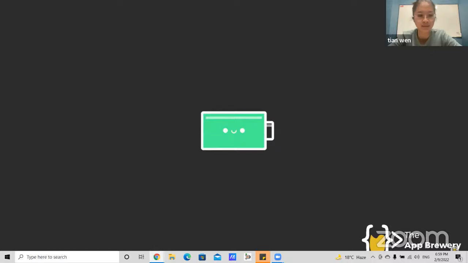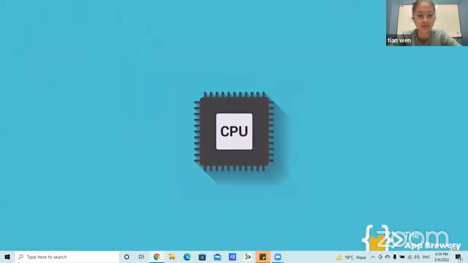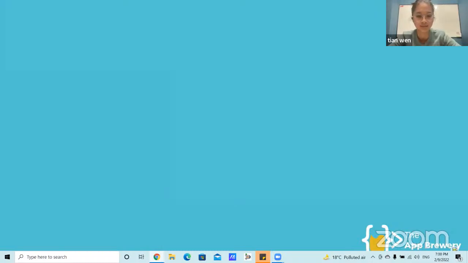It's also a lot smaller, so the battery gets depleted much faster compared to a laptop. Now, a phone also has less processing power. So if you try to play something that's really intensive on your phone, say the latest Far Cry, or if you try to run Photoshop on your phone, then it's not going to be able to do it because it has less memory and less processing power than your computer.